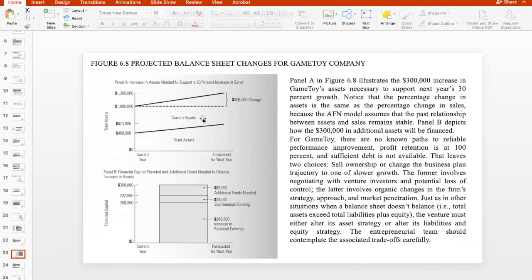So the figure 6.8 is very interesting because it tries to retrace all that we have done until now. This part represents the aimed increase in total assets. هذا هدف انه يصير في نمو بالشركه 30%. كان عندك مليون assets لازم يصيروا 1,300,000 ريال. منين راح نجيب $300,000 الاضافيه هذه؟